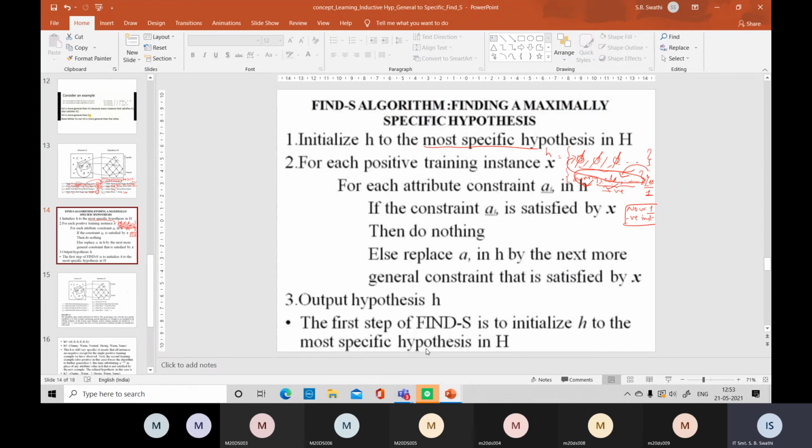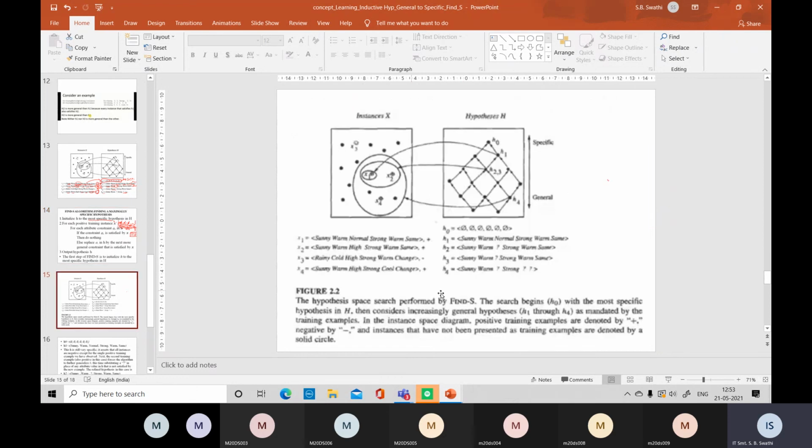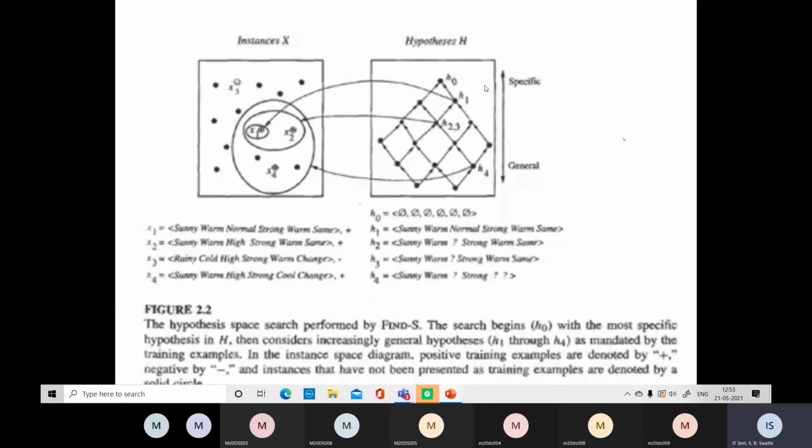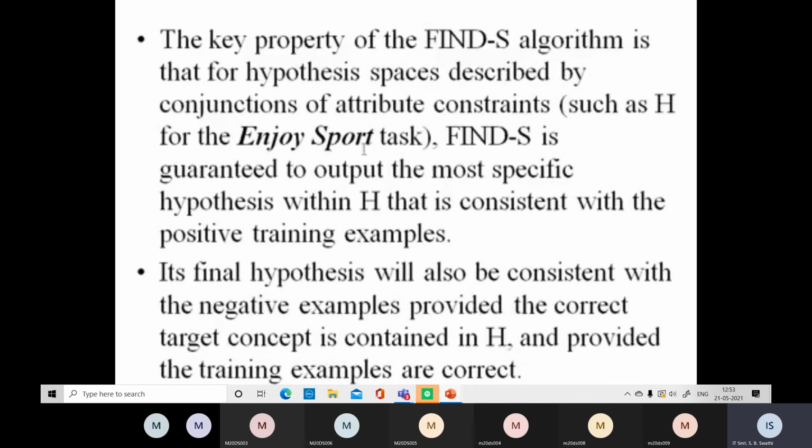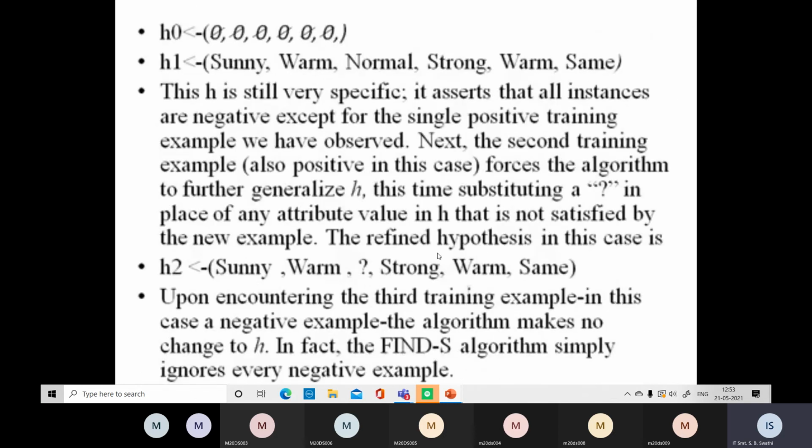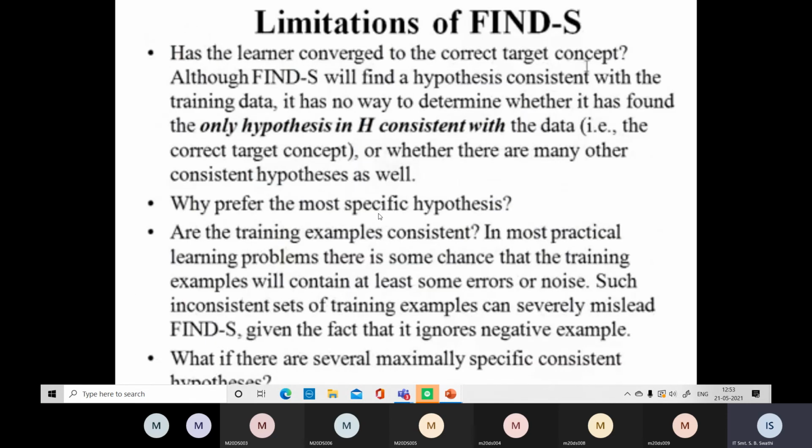And then finally, whatever hypothesis you get, you are just going to display that one. Again, the same diagram. See, H1 is considered, it was on the top, which is specific. It has been converted into generalized form one after the other, then H2, H3, then H4, and so on. So this is all about the Find-S algorithm. Whatever explanation was there, the same thing is there in the slides. Did you follow the process of this Find-S algorithm?